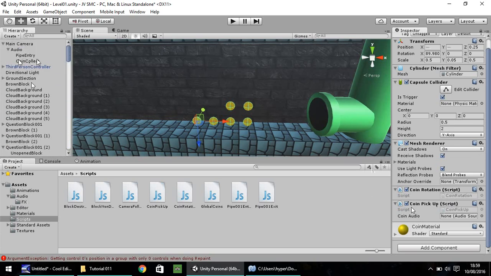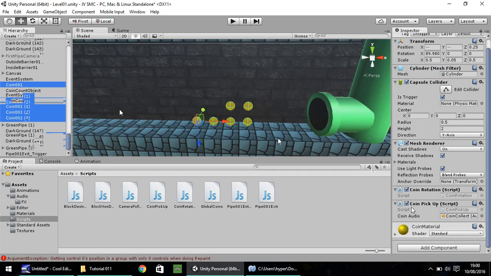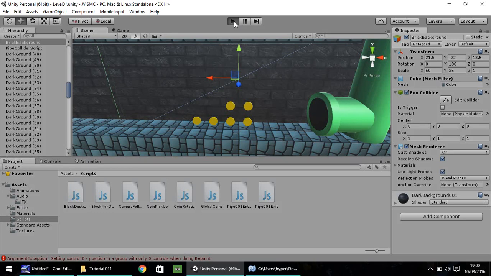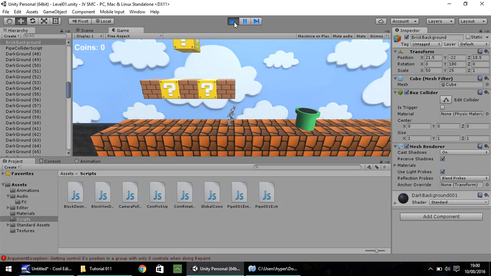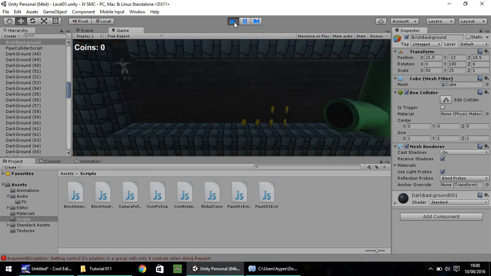So drag and drop coin collect onto coin audio, and it will do all 6 coins or however many coins you have all at once. So I'm going to save that, press play, and let's head over here, down the pipe, and we should hear